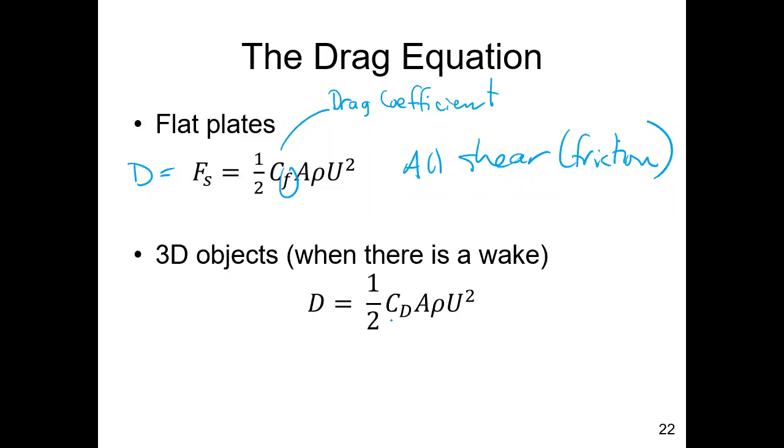The only difference is now we have capital C sub D, which is the drag coefficient, but compared to C sub F, where C sub F only accounts for friction, C sub D accounts for everything, friction and form drag. Again, C sub D is known as the drag coefficient, and the drag coefficient is basically a function of shape